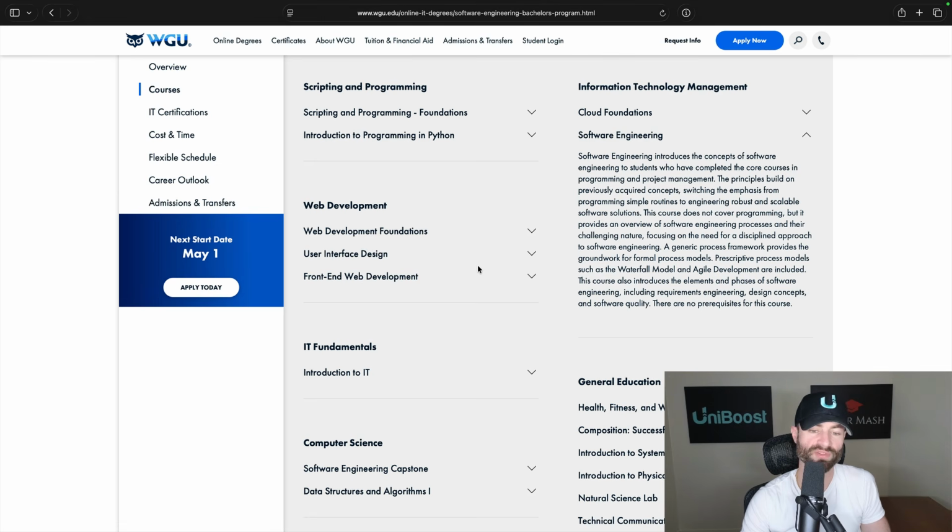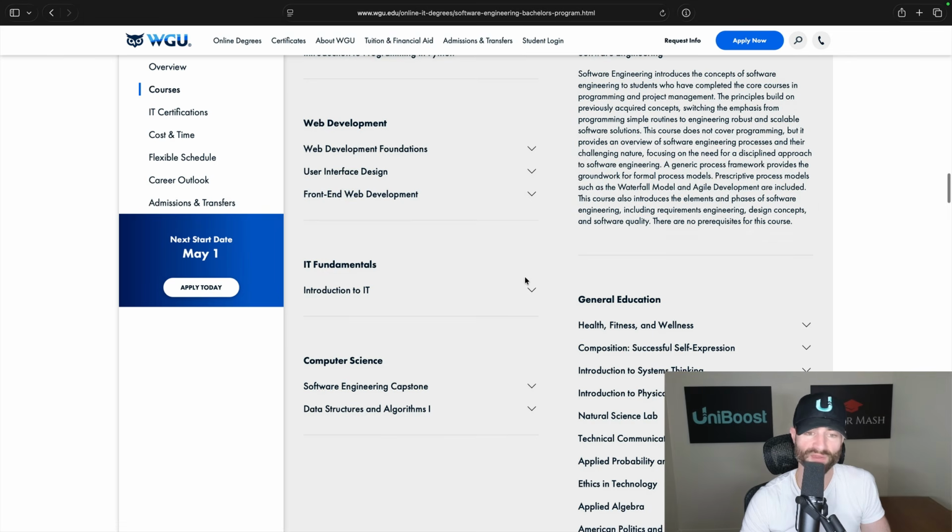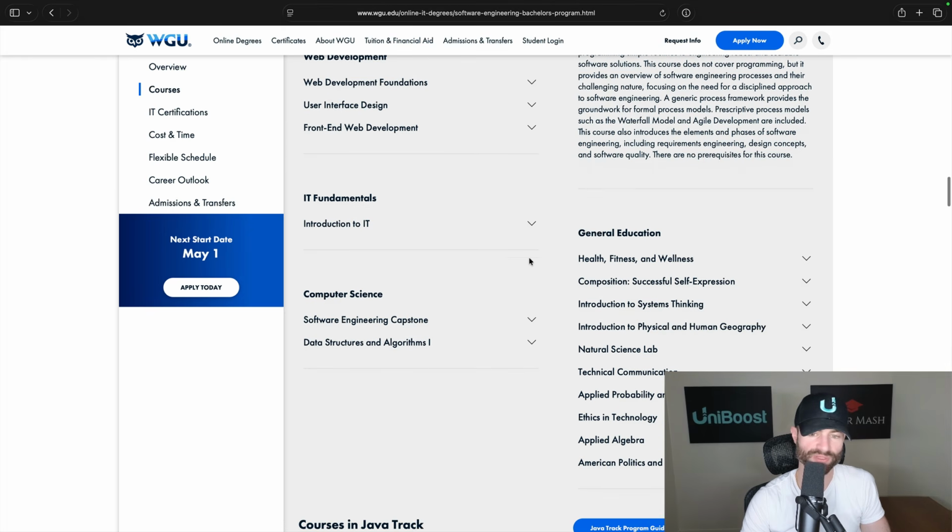And then front-end web development, another cert you can do at CIW. It's a really good course. Like I said, a lot of you are going to end up in front-end web development. It's the most common software engineering job. So I much prefer mobile development, but usually that's not people's first job. Introduction to IT,